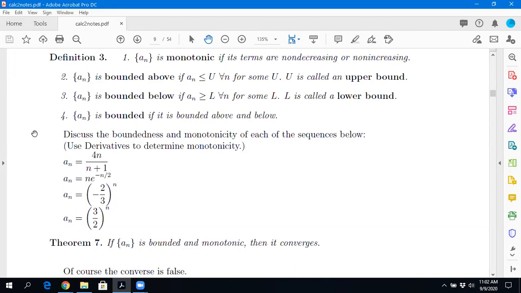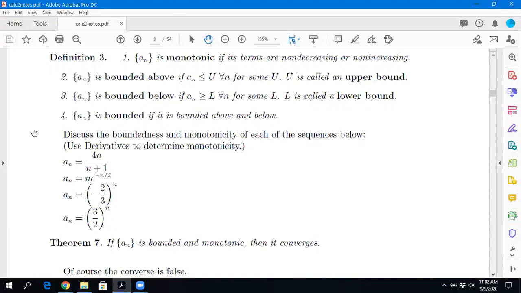Okay, so we messed around with sequences, like a1 is the first term in the sequence, a2 is the second term in the sequence, etc. By the way, you don't have to use a sub whatever. You could use b sub whatever or x sub whatever, right? There are alternative notations for sequences, but we use this curly brace notation a lot of times to help us understand that we're talking about a sequence of numbers, okay?